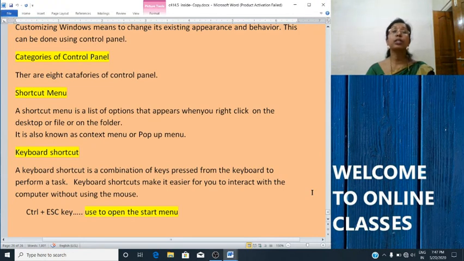Examples of keyboard shortcuts are Control plus Escape, used to open the start menu; Control plus C to copy a file; Alt plus spacebar, used to open shortcut menu for the active window. So these are some of the keyboard shortcuts. So we have completed this lesson.